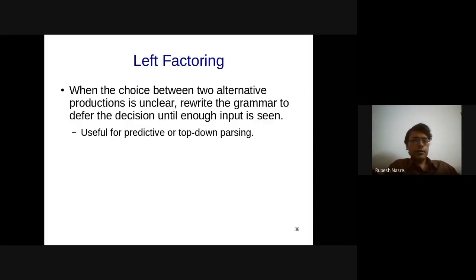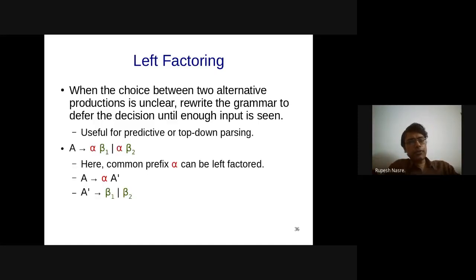All right. So we talked about left recursion and elimination of left recursion. There is also a small thing here which is sometimes confusing, but it's called left factoring. So when you have, in the body of the production, the first part common across two productions, let's say A derives alpha B and then alpha C, right? So this alpha turns out to be common. In this case, you can rewrite the grammar, which can be helpful for top-down parsing. For example, A derives alpha beta 1 or alpha beta 2. So here alpha is going to be common.